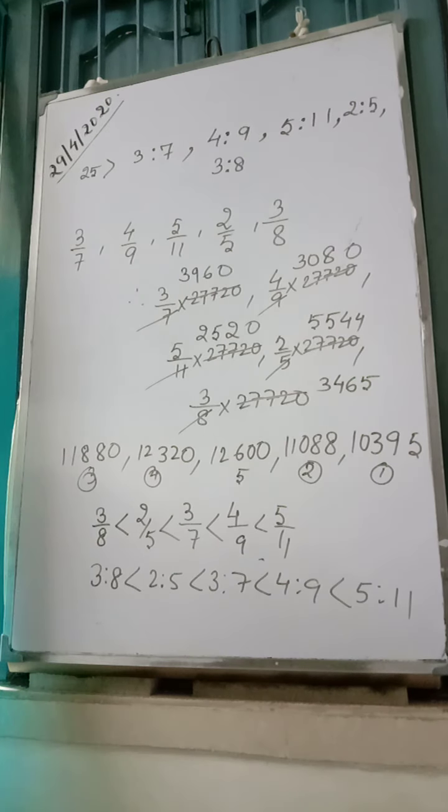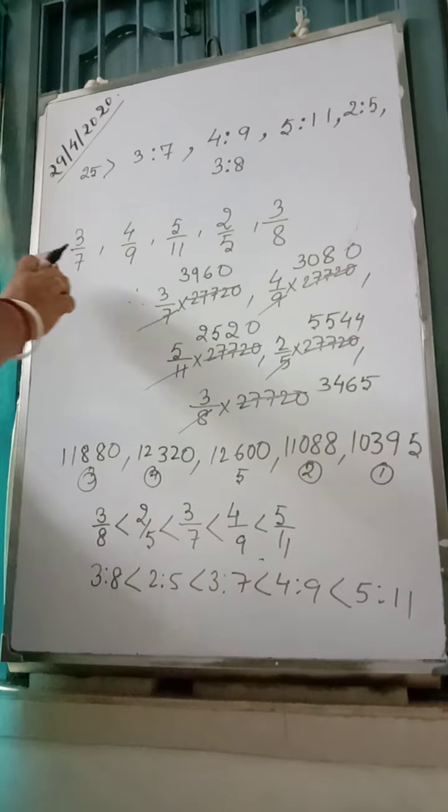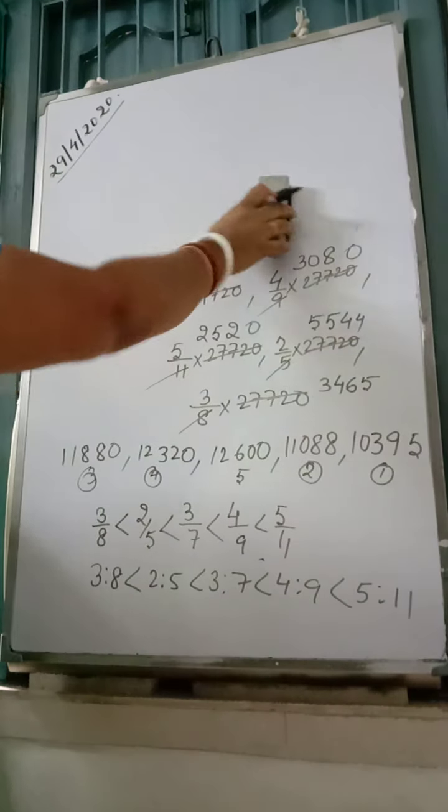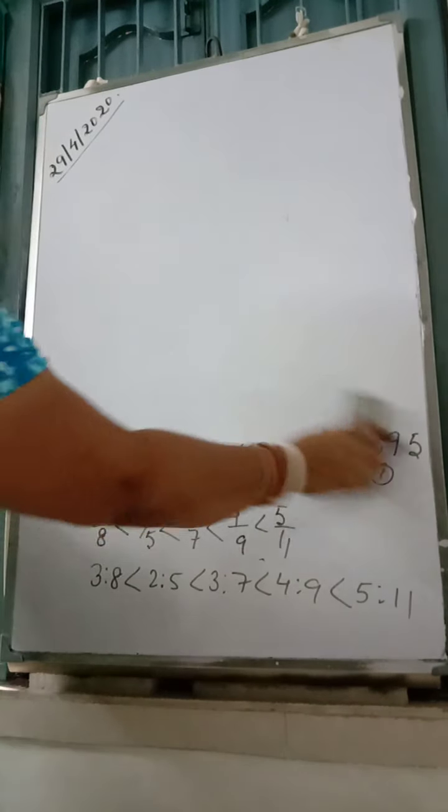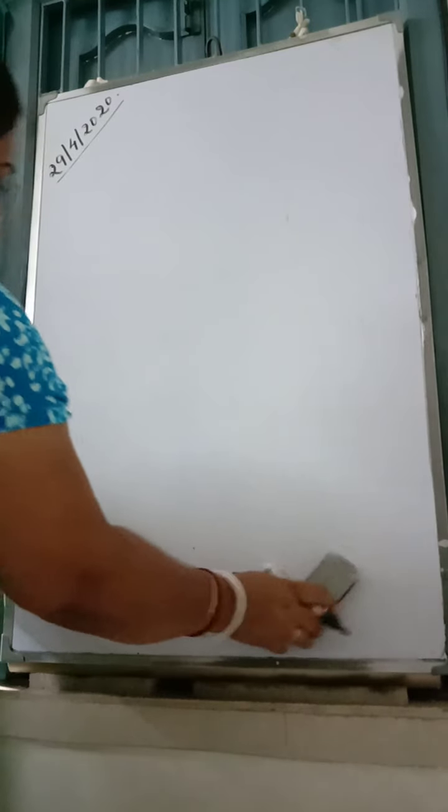The same way we have to get the sum of ratio and then we have to get their ages. You will try to do question number 26 and 27. For 27, the first part has to be done as 24 and the second part you have to get 2/5 of rupees 3,550.